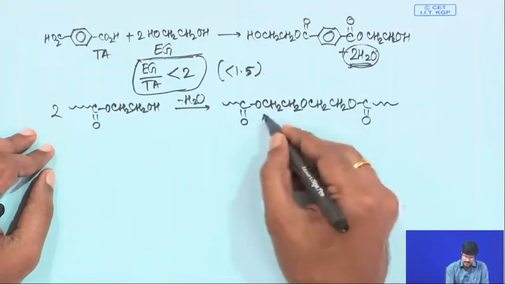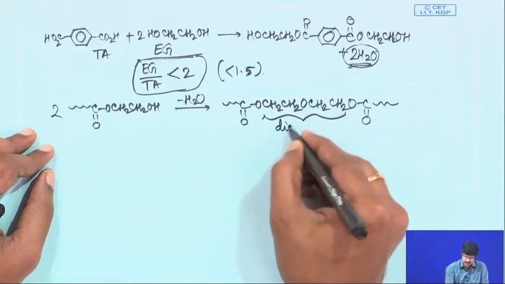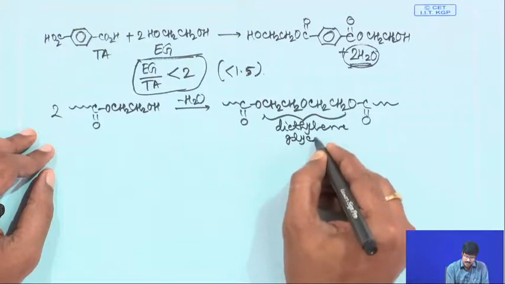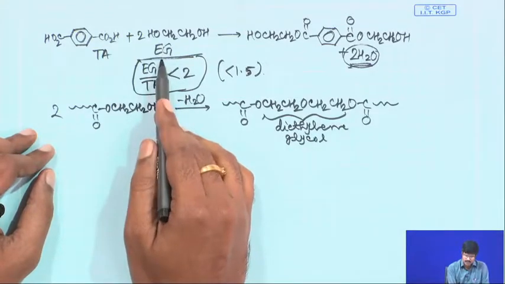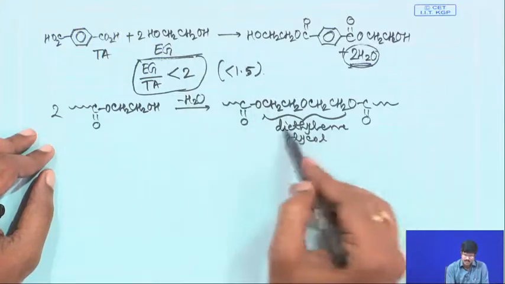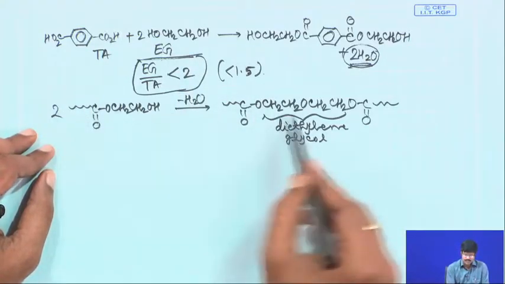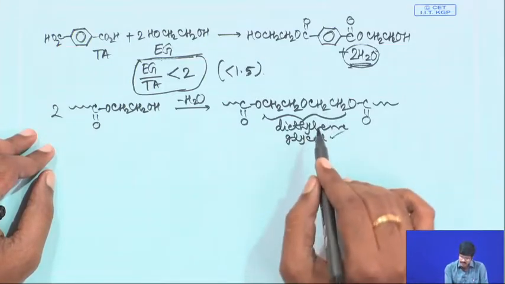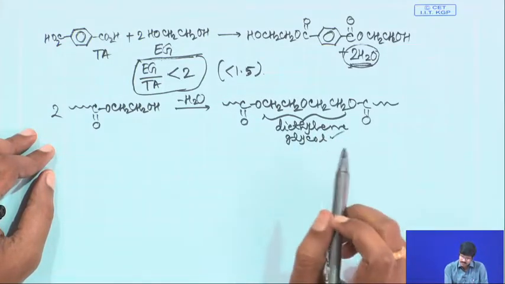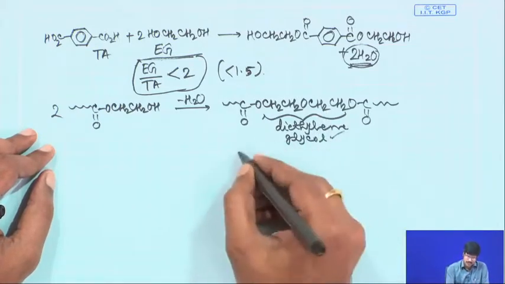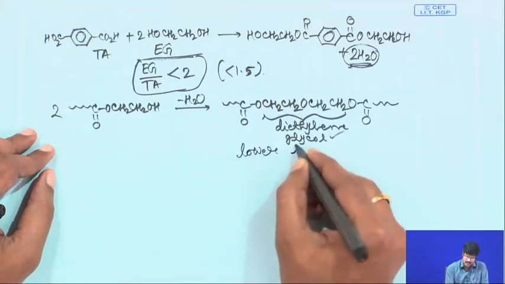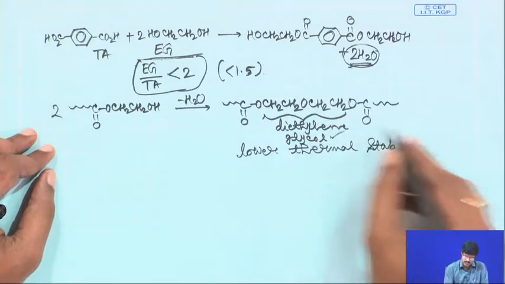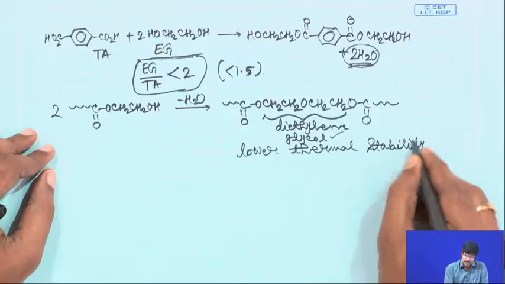So, basically you will have a diethylene glycol unit. In fact, 2 molecules of ethylene glycol can also react with themselves to produce diethylene glycol, or some of these oligomers can also have this diethylene glycol linkage produced. Now, this diethylene glycol eventually leads to a lower thermal stability of the polymer. Finally, when you get the polymer, this will still be present, and this will lead to a lower thermal stability